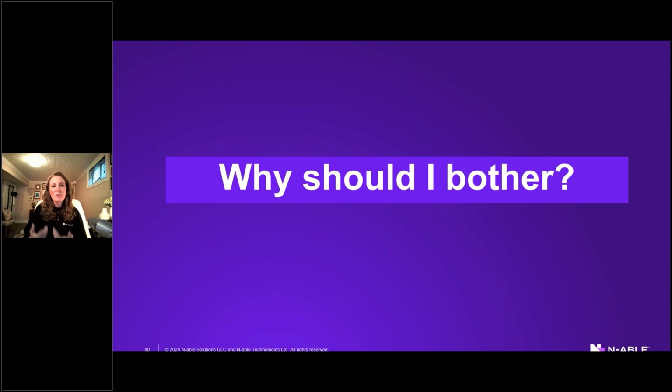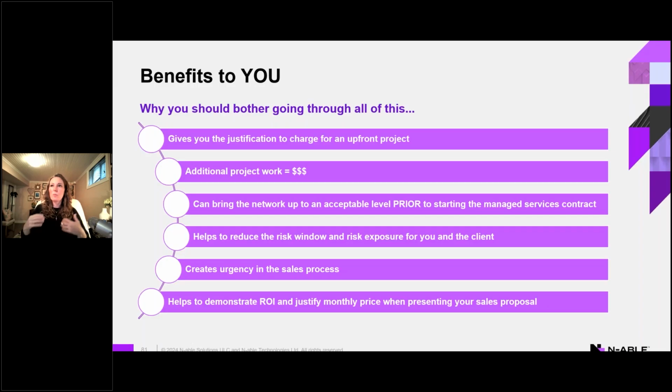beginning. As you keep with it, as you tweak it, as you make it your own, you will get comfortable with the process, and it won't take as long, especially once you understand what the manual process is. You start introducing data collection tool sets to help you with the data collection and the analysis, all of that. But even though this is a prospect, the benefits of doing something like this are significant, with the biggest benefit being, should you win the prospect and they decide to become a client, then this data that you're